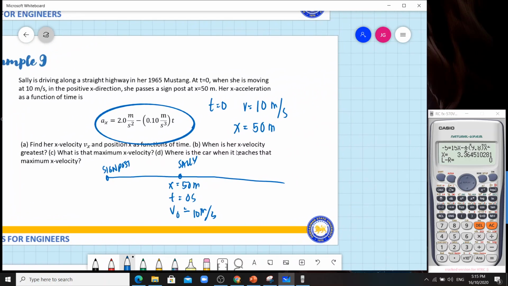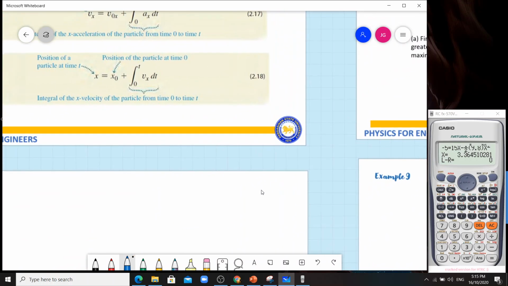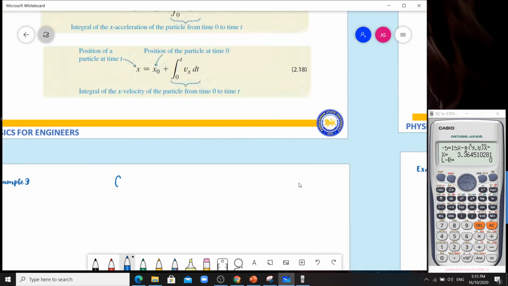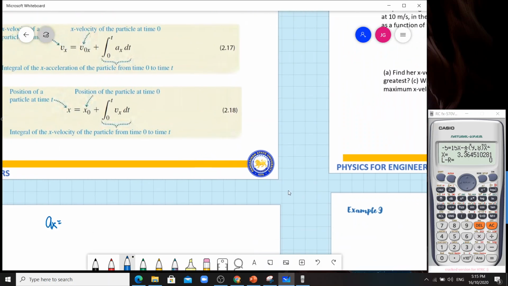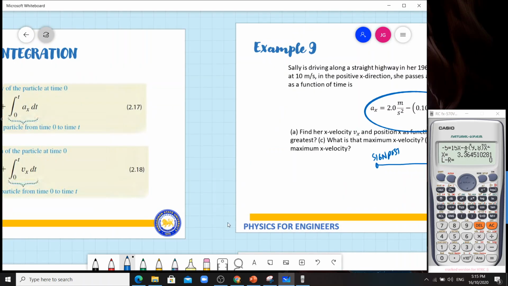So, isulat natin muna. Ax is equals to 2.0 meters per second squared